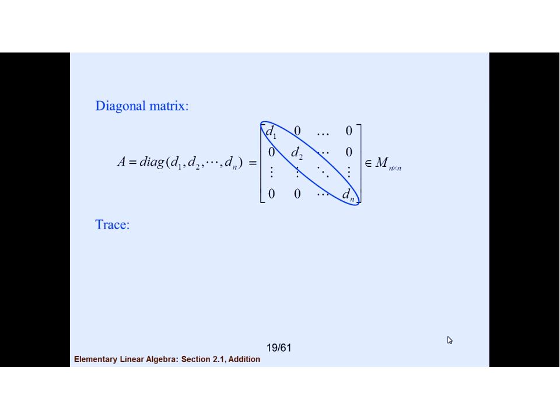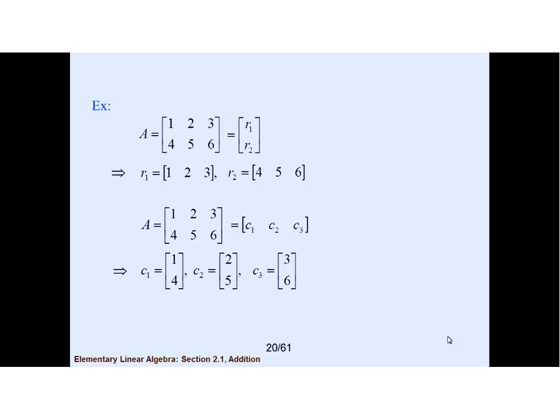Trace of the matrix: if we add all the diagonal elements, we say that it is the trace of the matrix. For example, if we have this matrix, there are R1, R2, these are some certain types of matrix,